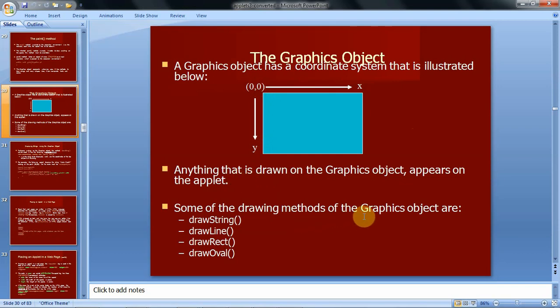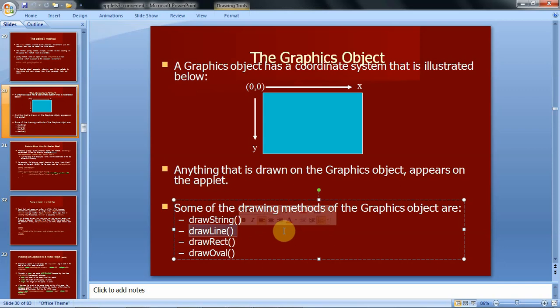Some of the drawing methods of the Graphics class object are drawString, for drawing a string on the applet window in the specified position. Then drawLine draws a line on the applet window starting from the specified position.